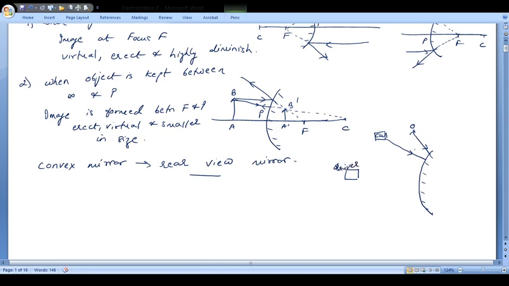So all the rays which you will find after reflection will come to the driver. So you will find that the driver is getting a wider field of view. Wider field of view means even if these objects are at a very wide angle, making very large angles with the mirror, still the driver is able to see it. So all these things, right?